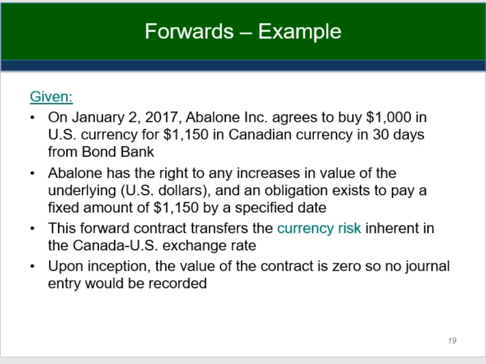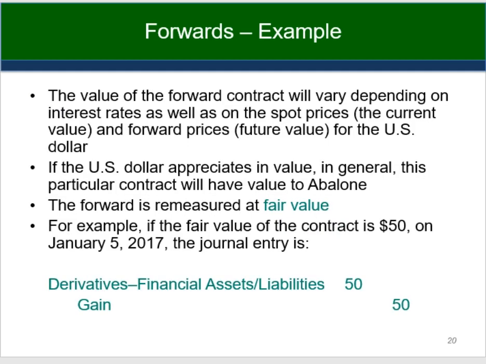So at inception, the value of the contract is 0. They haven't actually done anything yet. There's no past transaction to reflect an asset value, so they haven't created an asset value. But as soon as the value of the forward contract changes, then that does record either an asset or an obligation, a gain or a loss. So the value of the forward contract varies depending on the interest rate as well as the spot rate. So there's a few things that are going on. Whatever the underlying currency exchange rate does will affect the value of the forward contract. It also is 30 days into the future, so the interest rate that's applicable is important to know as well.